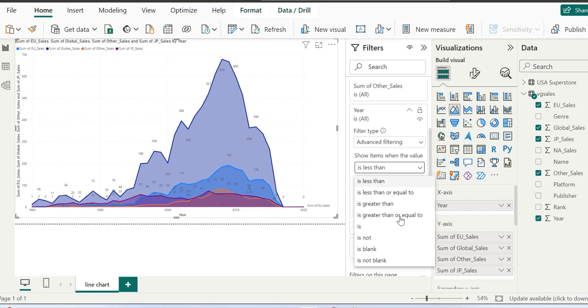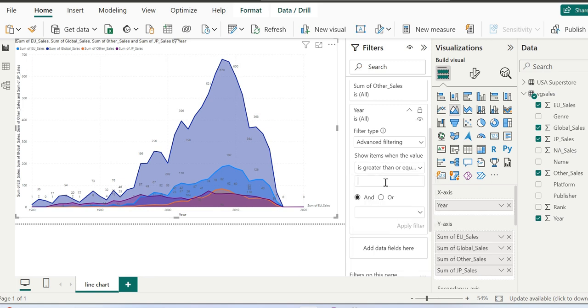Here is greater than or equal to, and we will specify the value. Let's have a hardcoded value, that literal 2000, and after that we have a radio button to perform logical AND or OR of different predicates. We have selected AND, and let's add